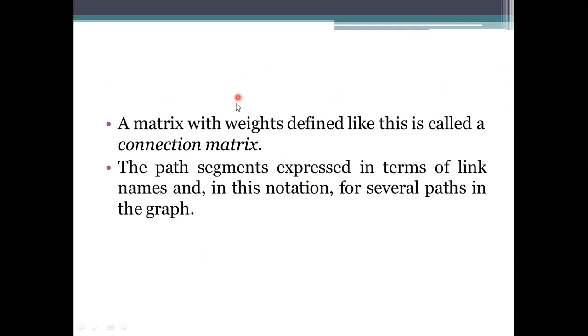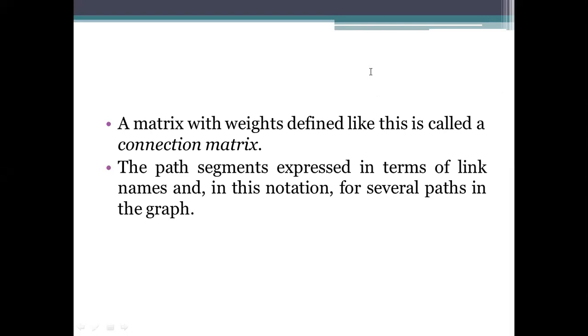If you remember, while describing paths, when we are considering a path, it is simply ABHLD. So ABHLD means A is a link used between the two vertices, and B is the link from the second vertex, then the link from the third vertex, fourth vertex. So simply mention the naming of those. So here the path segment is named by using only the link names. No need to specify the path itself, where it starts from or where we are using it. There is no need to represent all these things.